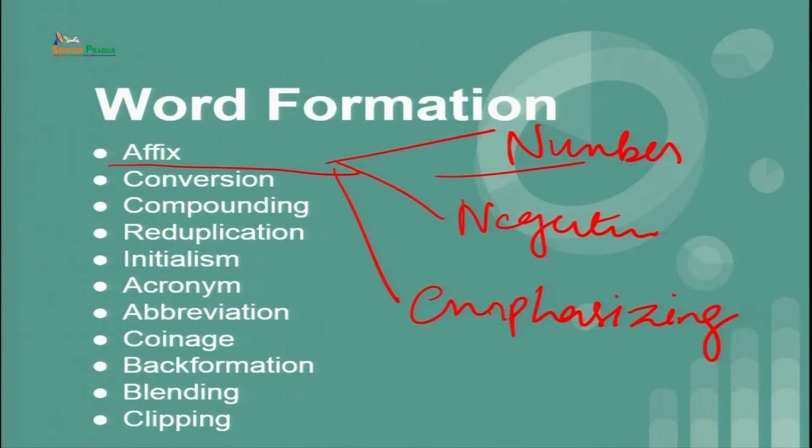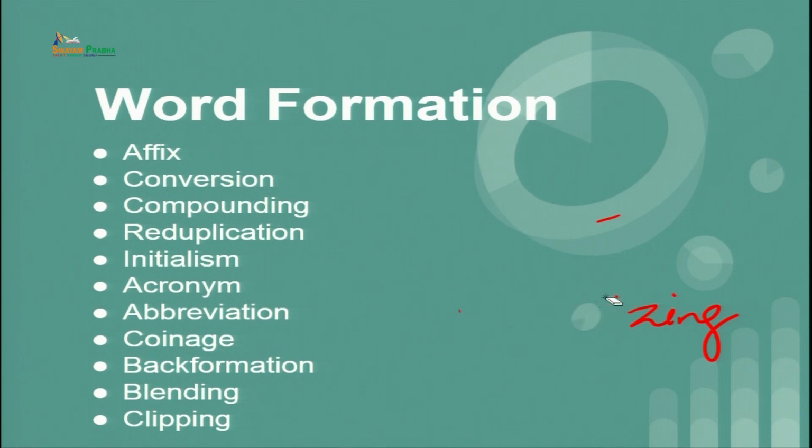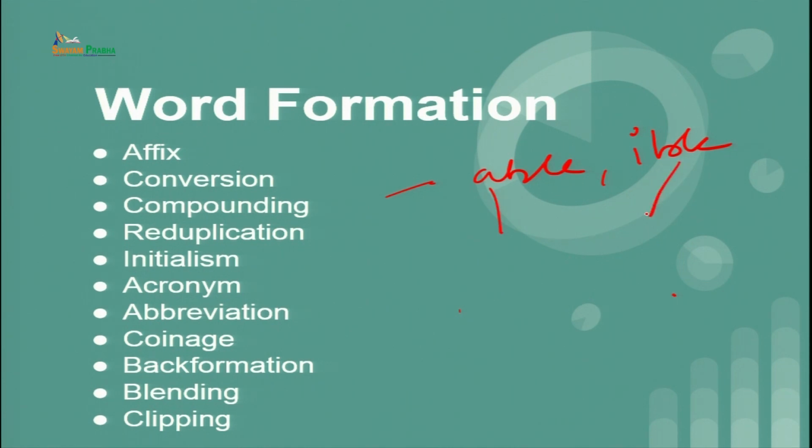What happens in suffixes? Suffixes come in the form of adjective, verb. Like in adjective we have able, or you can say ible, right. With able you can make predictable, preventable, and with ible you can make credible. Similarly, you can incorporate the morpheme full and make notable words like grateful,